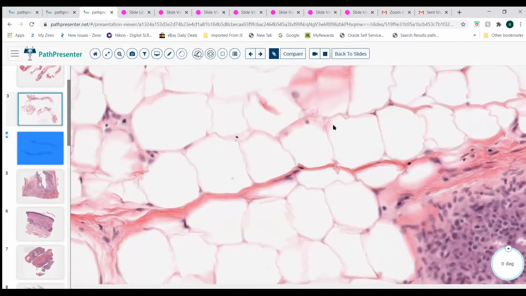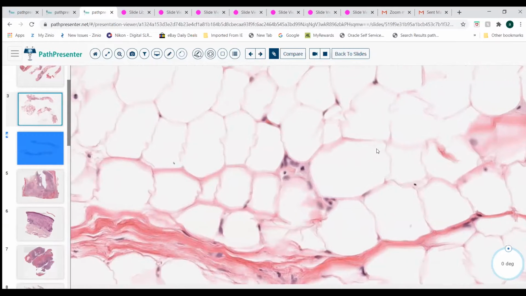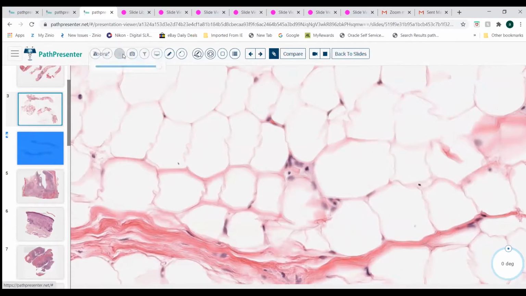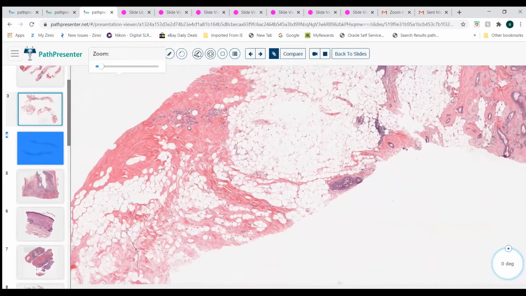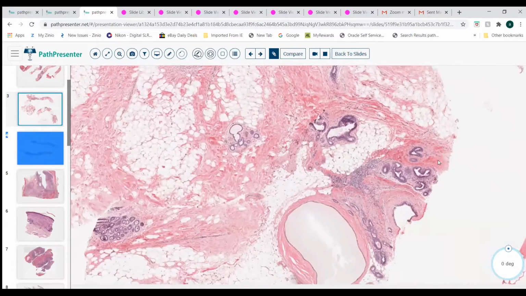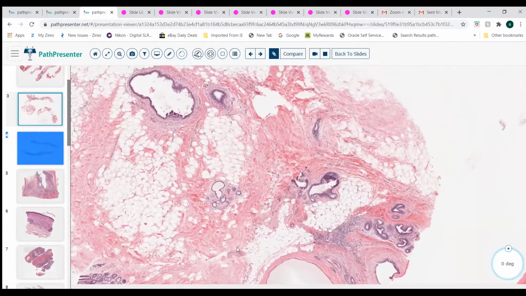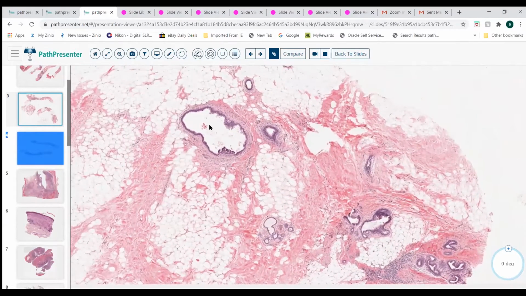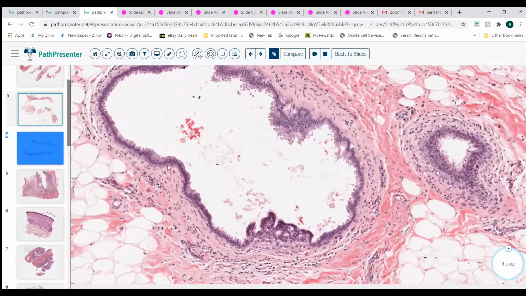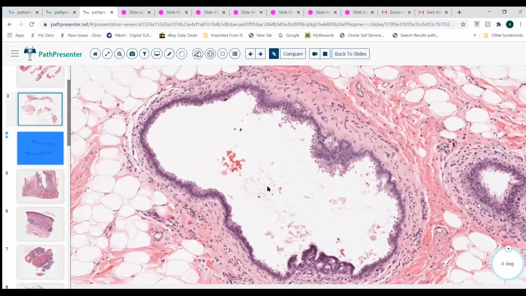And you also have to search for the columnar cell change, as we just discussed a minute ago, as well as for flat epithelial atypia. So this here is a good example of the columnar cell change,